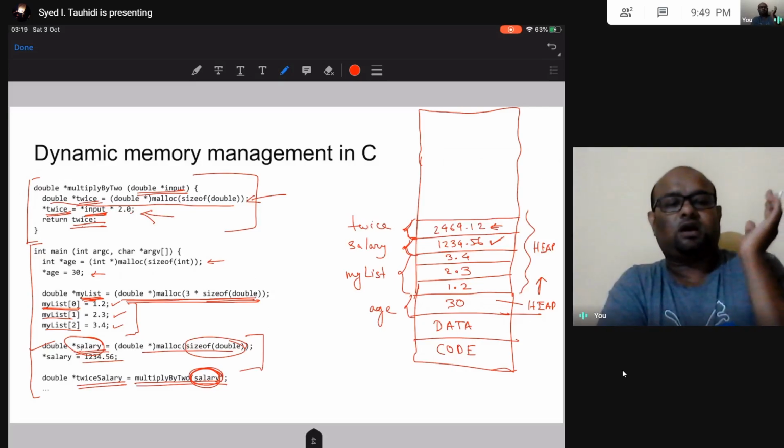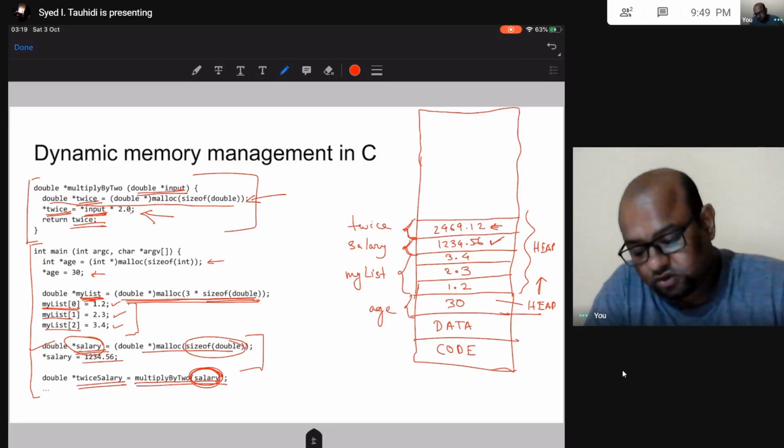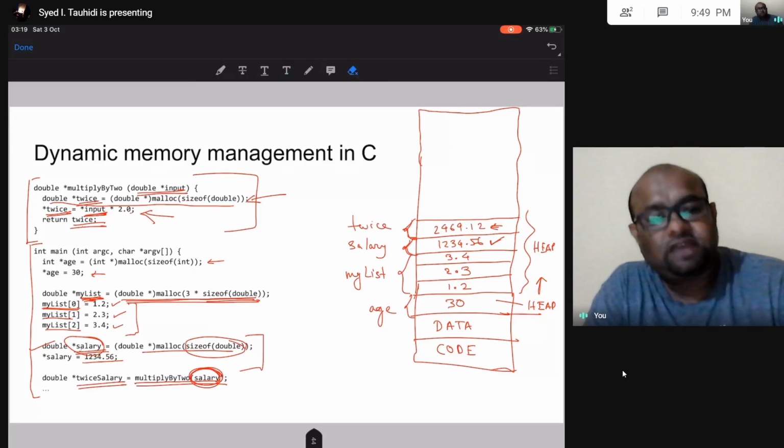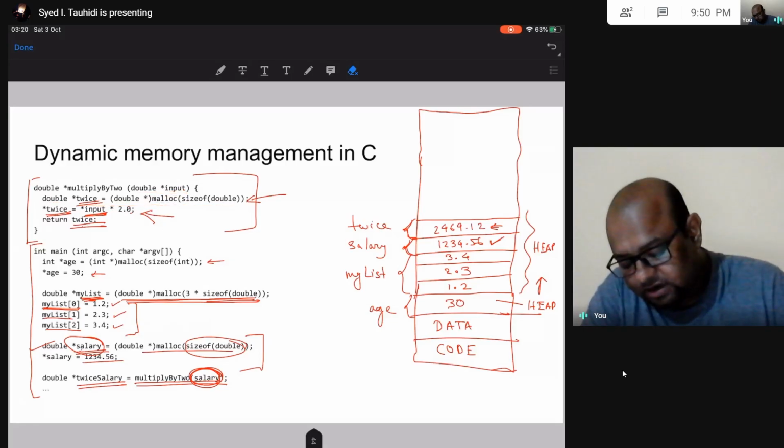I am not storing anything in stack, right? So is my stack going to be empty, or is there something that is going to be there in my stack? Okay, is there any local variable in these functions? That is the ultimate question that I am asking.